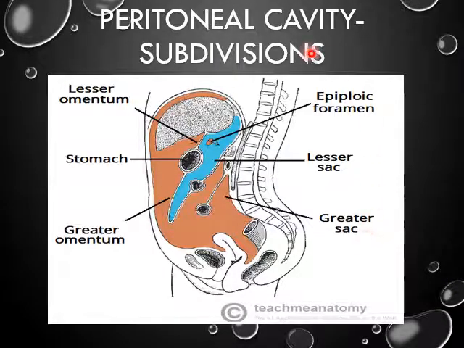Now, the next thing, the peritoneal cavity and its subdivisions. In this picture, as you can see, the whole peritoneal cavity is divided into a bigger, browner part, which we call the greater sac. Many of the abdominal organs are covered with the peritoneum of the greater sac, whereas a few organs are covered by a small area of the peritoneal cavity called the lesser sac. So the peritoneal cavity subdivisions are the bigger greater sac and the smaller lesser sac.